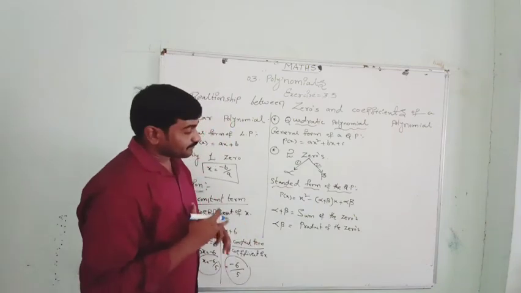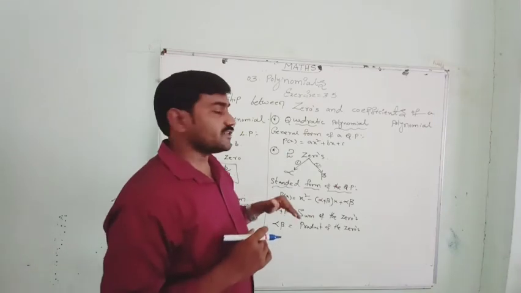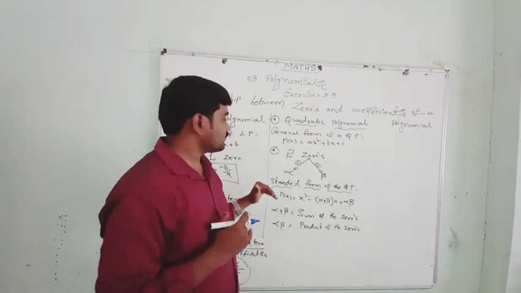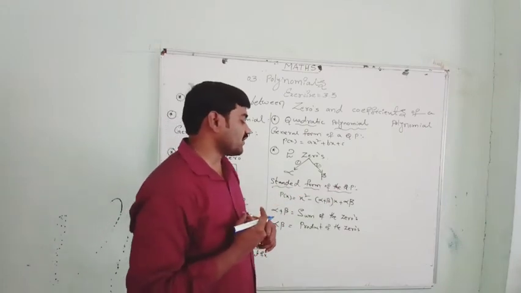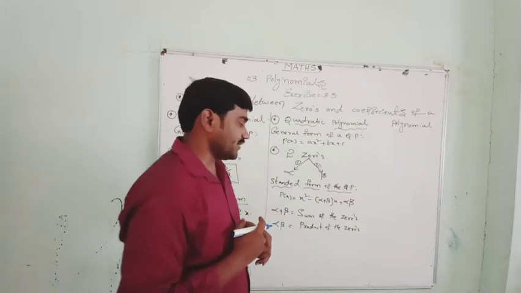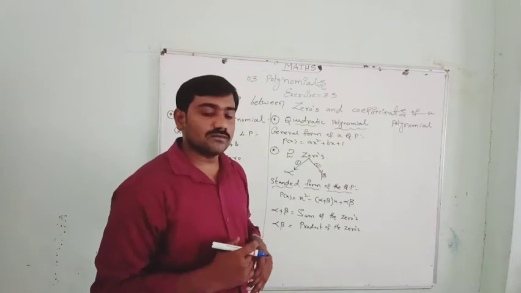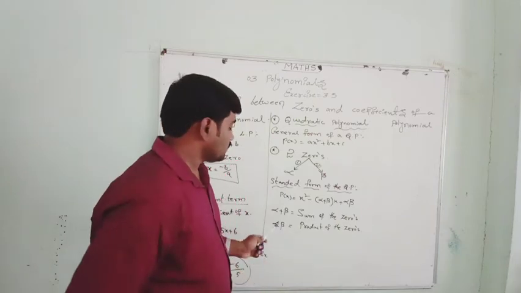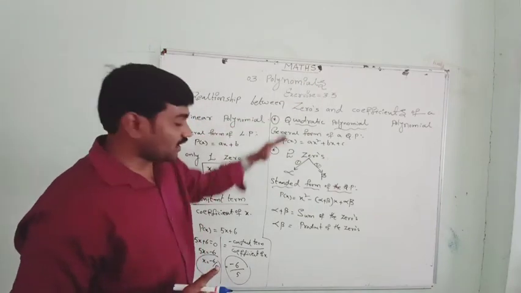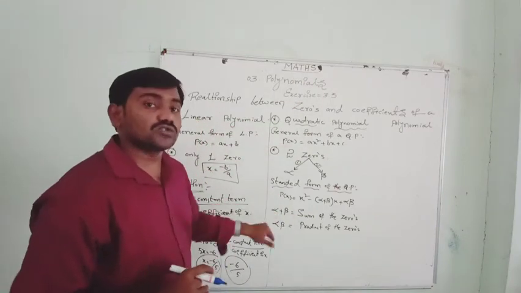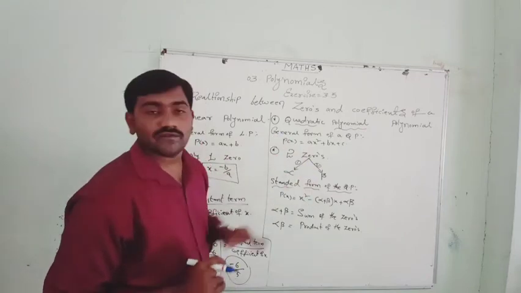Okay. Then, as we discussed, the general form of a quadratic polynomial is ax square plus bx plus c, and it has two zeros. So the standard form of the quadratic polynomial will be p of x equal to x square minus (alpha plus beta) into x plus alpha beta, where alpha plus beta stands for the sum of the zeros and alpha beta stands for the product of the zeros. Then we need to discuss the relation between the zeros and coefficients. That's why I told you first about the zeros. These are the two zeros. We know that a quadratic polynomial will have two zeros. One of the zeros is alpha, the other one is beta.